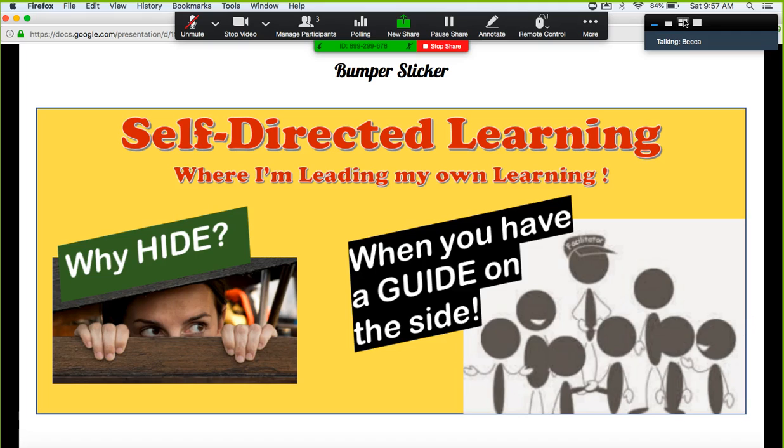Before we chose a slogan and graphics for our sticker, we brainstormed collaboratively many different words and phrases that focused on this model. Some of those words were community, intrinsic motivation, lifelong learners, coach, and differentiation. Our possible slogans were teamwork makes the dream work and independently learning cooperatively. We all felt as though these two slogans, where I'm leading my own learning and Why Hide When You Have a Guide on the Side, which you've heard a lot, really captured the essence